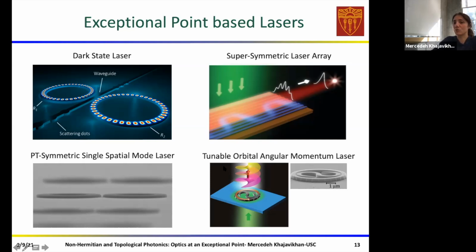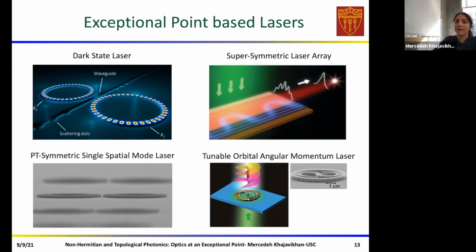And of course, we also use this, and others as well, use this trick of using the exceptional point that you get in a single ring in order to enforce unidirectional behavior in the ring. So we know that a ring resonator supports whispering gallery modes, and whispering gallery modes are basically modes of orbital angular momentum of the whispering gallery order. So let's say we have a whispering gallery mode of order 100, basically that is representing an orbital angular momentum